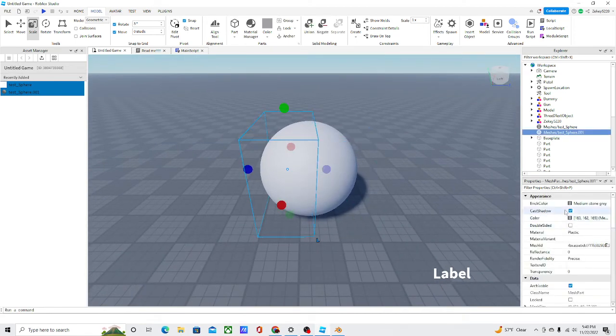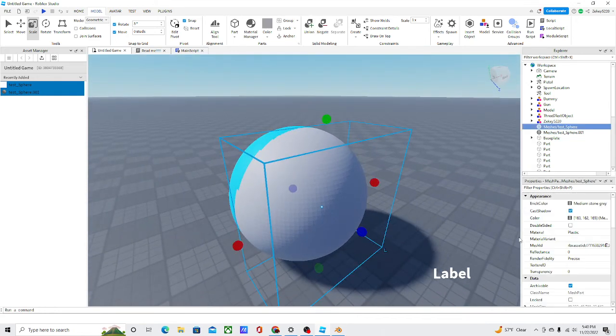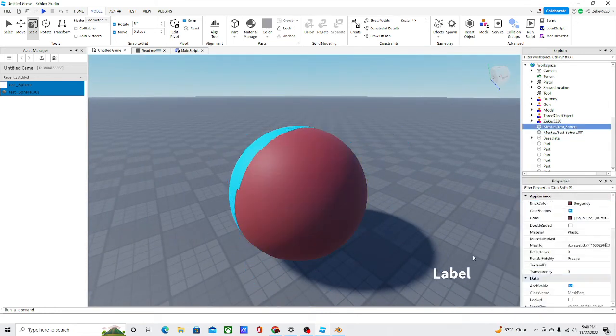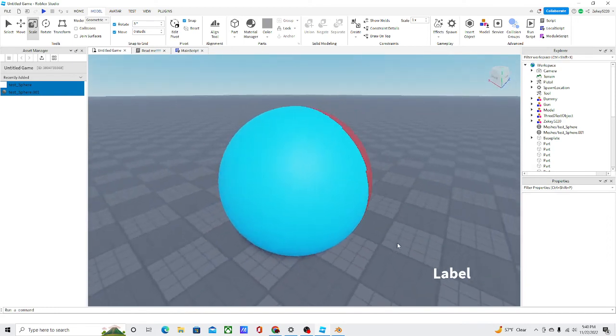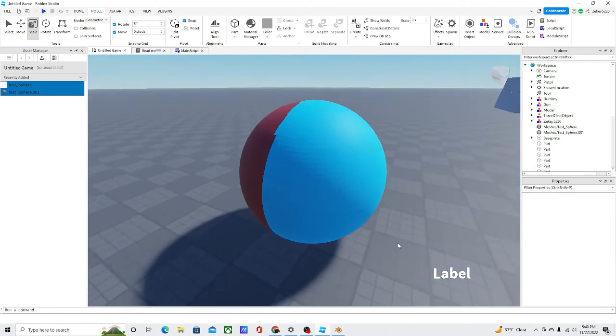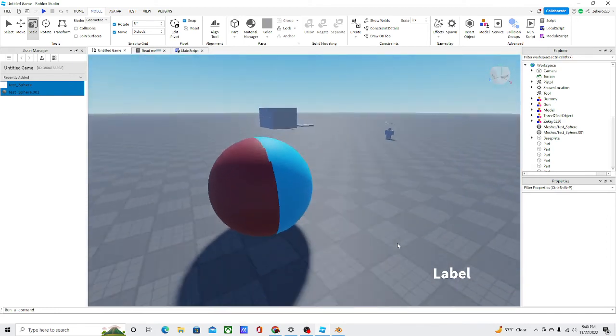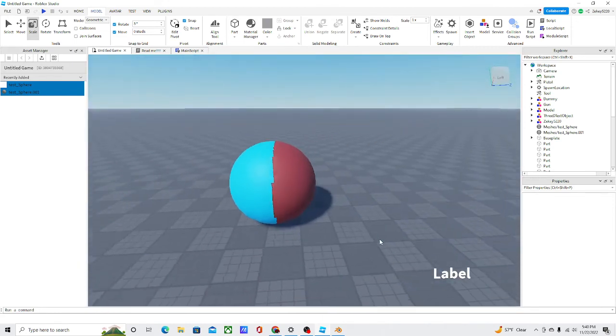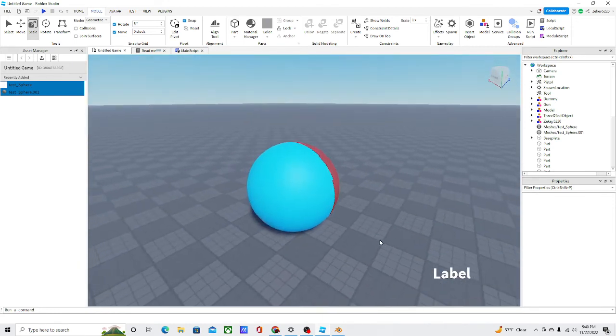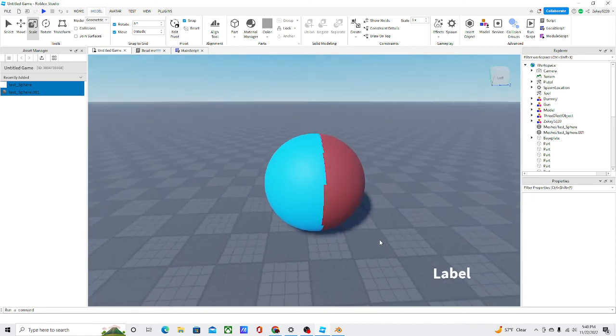Another thing you can do with this is you can then just color it. So this is also useful if you just want to color objects inside of Roblox Studio instead of using a texture. Depending on what this video gets, I might make a video on how to do textures, but yeah,